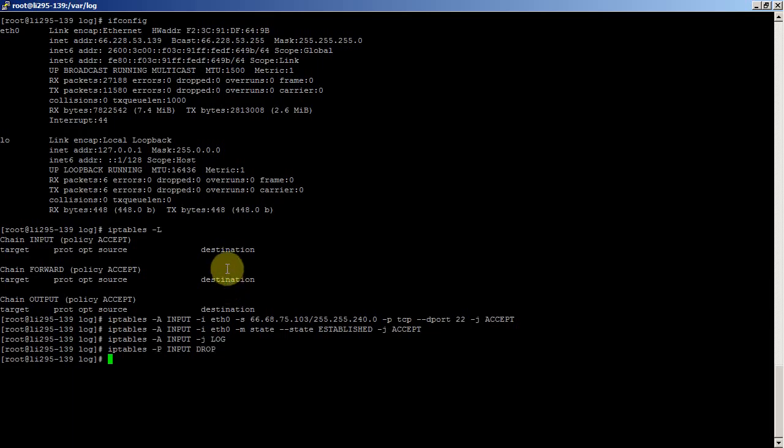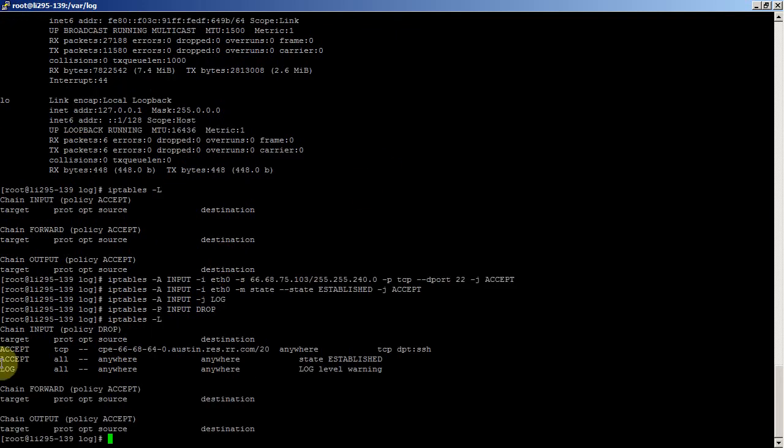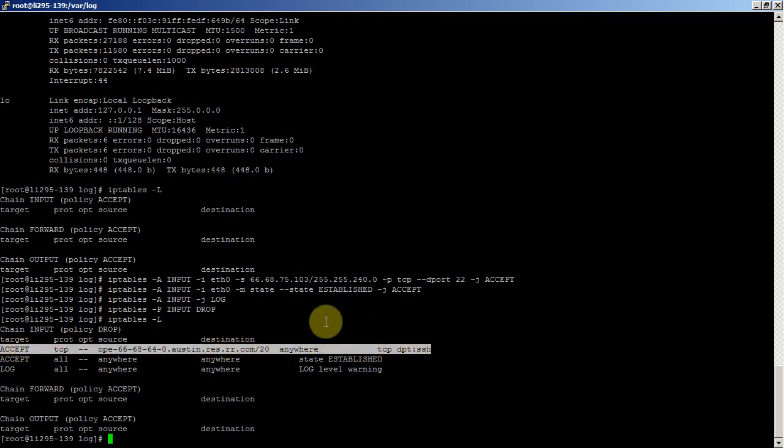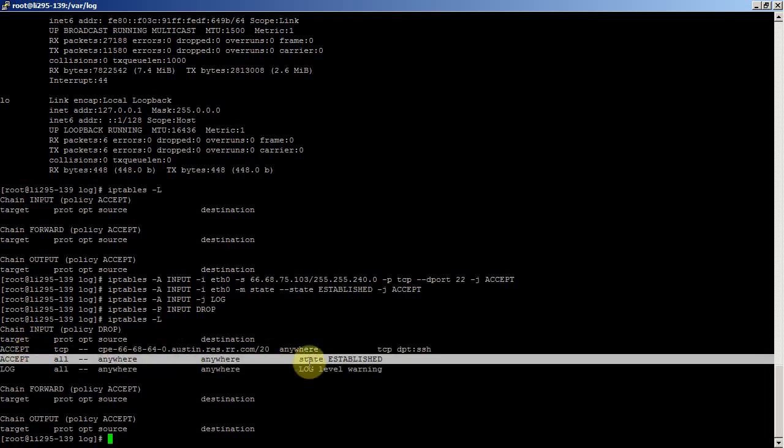You do iptables -P INPUT DROP, and if we look at our table again, you can see that our default action is drop. But we're going to go through this rule set. Basically, this allows me to SSH the machine, which is why my connection didn't drop. This allows established connections. So again,